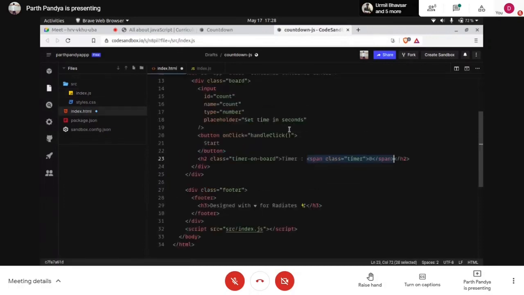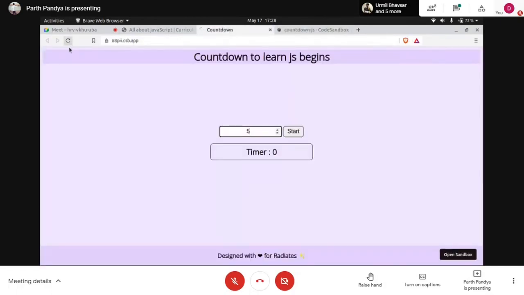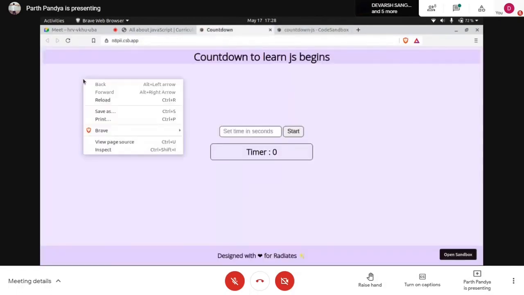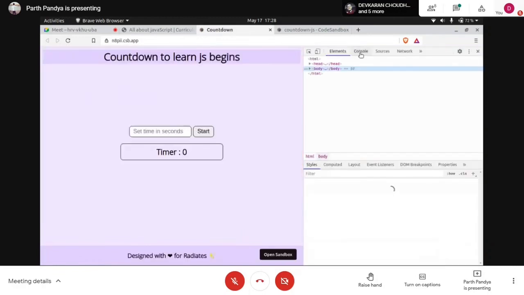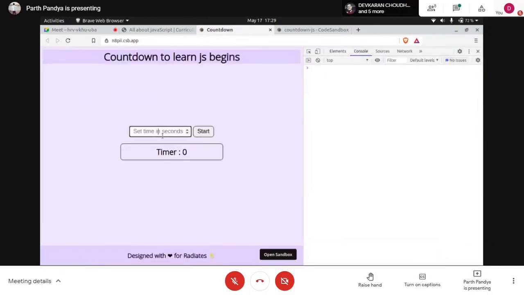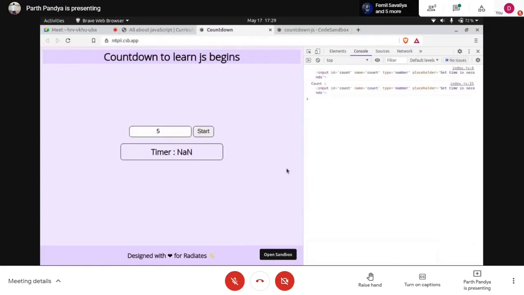Okay, upon refreshing, let's inspect. We will go back to this browser console. When I write 5, start. See, here I am getting the whole input area.